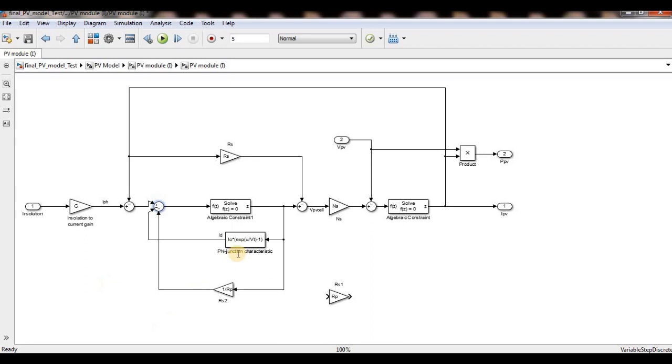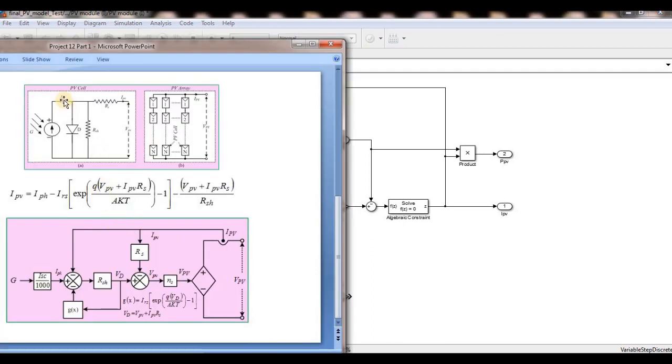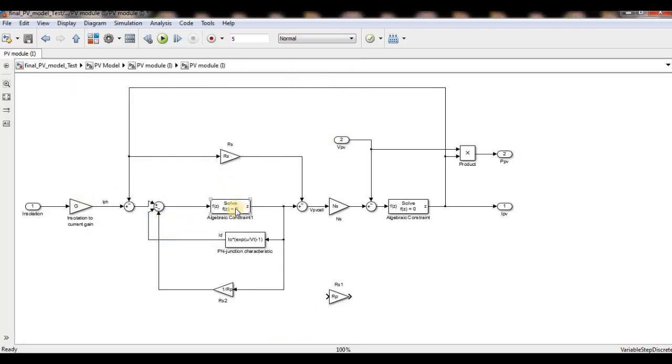So this is also the same thing, because here IPH minus IPV minus ID minus IRSH, I mean I subtracted IPH minus IPV minus ID minus IRSH equal to 0. Means the summation of all currents, the KCL, summation of all currents should be 0. So I make it as 0, the solution of the algebraic loop equal to 0.